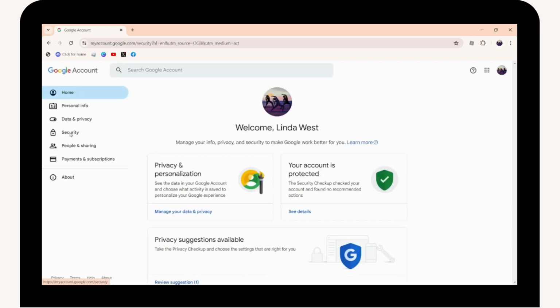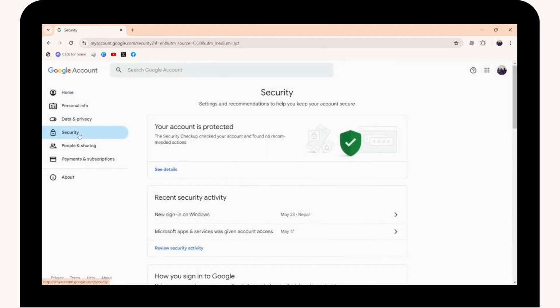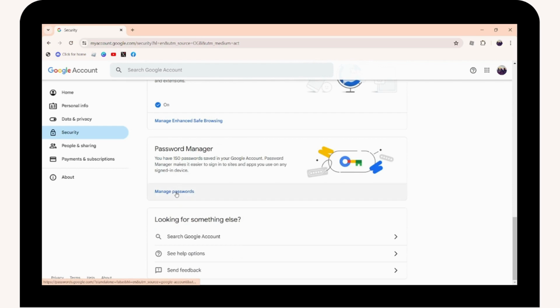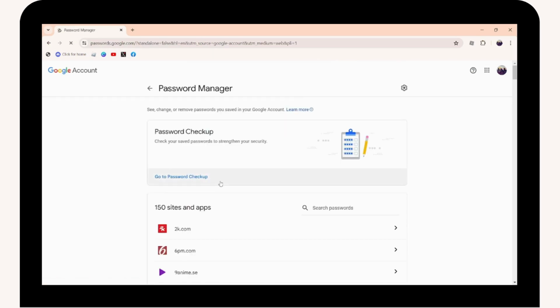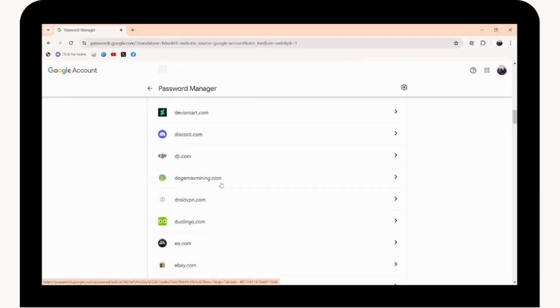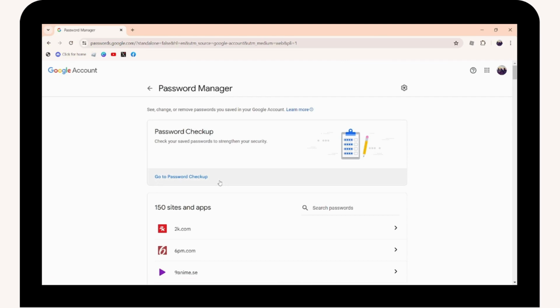and go for the Security option. Under Security, if you scroll down here, you will have Password Manager. Go for Manage passwords, and under here you will have the passwords of all of the sites that you have saved. So if you want to know the password of your Gmail, then search for Gmail,